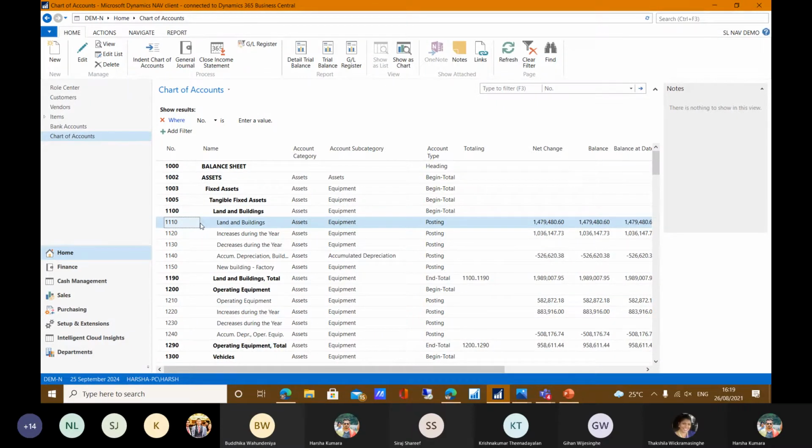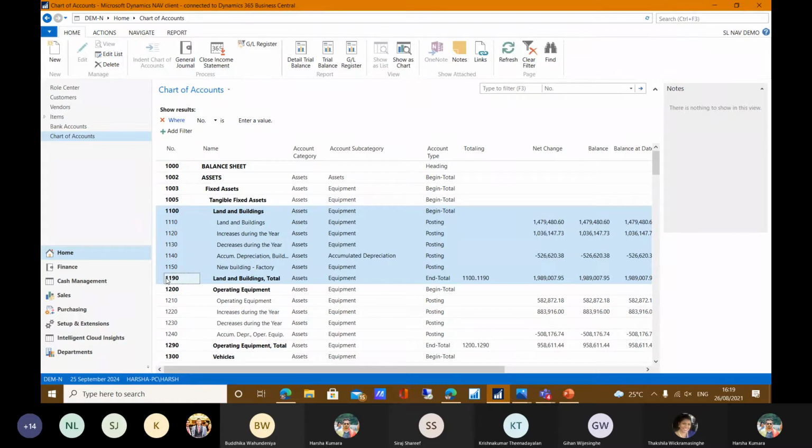Assume I'm purchasing a new factory building, and I need to create a new chart of account card, and I need to assign it to the land and building category. No issue. You can see in the land and building category, we start land and building from 1100, and land and building total ends with 1190.